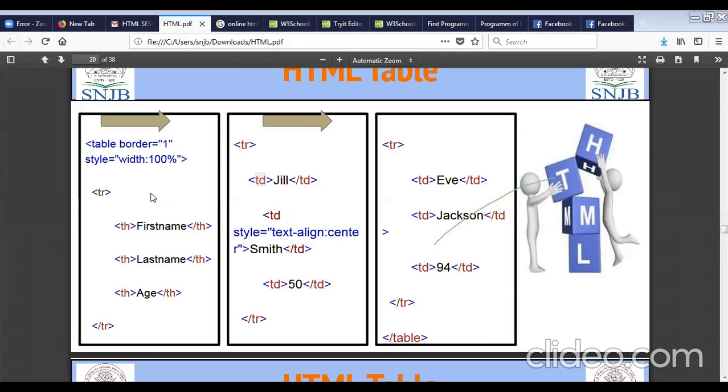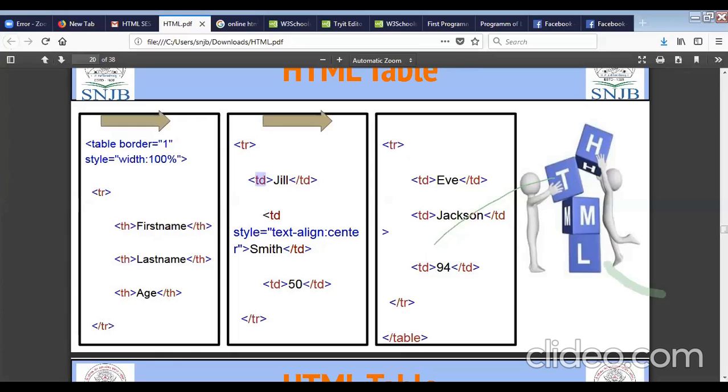Simply, if you don't want to use style, it is a CSS part. If you want to use the style, you can skip. Just add the table tag, close the table tag. There are two types: first one is heading, second one is simple data. For adding the header part, you always have to insert the row. For every new row, you have to use the TR tag. Here also TR tag, here also TR tag. For adding the header, I will use table header. For adding the data, we will use table data.